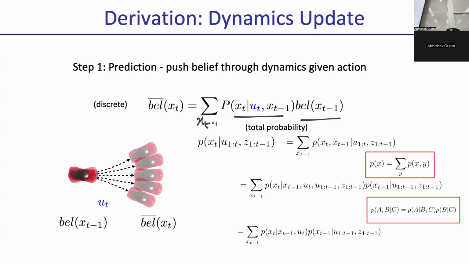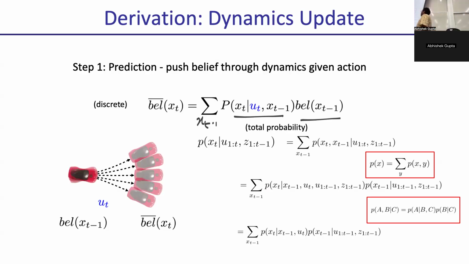So xt minus 1 is like the car's position, and ut is like I drive the car forward one step. Exactly. And xt is where the car ends up forward. Exactly. The reason it's not trivially that is because there's some noise. I just want to clarify the definition of ut. Given that I'm at xt, is ut the previous action that brought me to xt, or is it the future one? That's a good question. Ut is the action that you took from xt minus 1 to get to xt. So ut is the previous action. The indexing is a little confusing, it's just a choice.